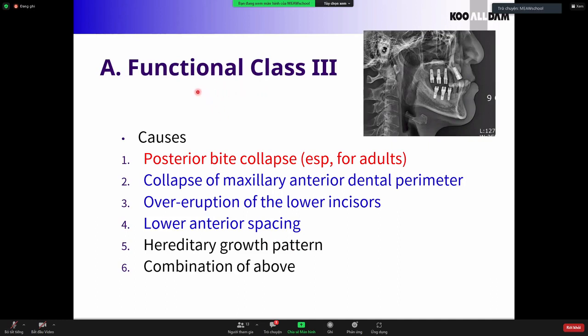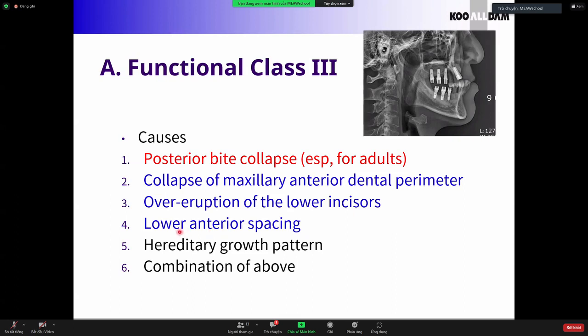What's the cause of functional class 3 malocclusion? Especially in edentulous patients with multiple missing teeth, we can see posterior bite collapse. However, during the primary or mixed dentition period, I want to emphasize this: collapse of the maxillary anterior dental perimeter, over-eruption of the